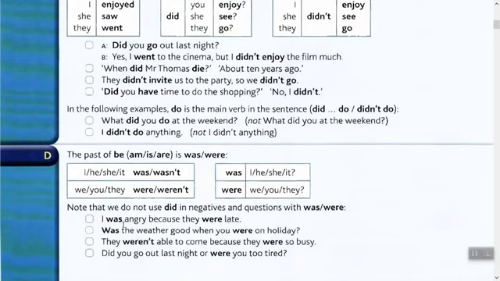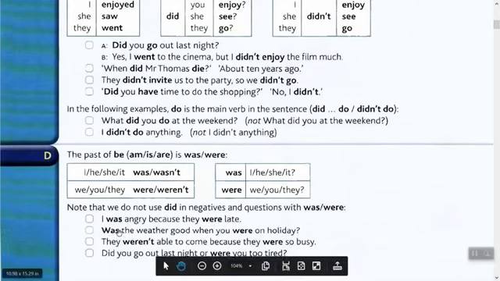Was is here the auxiliary verb? Was is what? The main verb, رئيسي, not auxiliary, يعني يساعد. من auxiliary عندنا مثلا verb with ing or past passive voice مبني مجهول. But here it is the main verb. فشلون تعامله بهالطريقة مثلا I was angry, adjective, مثلا because they were late. ما يصير تخلي did وكذا.